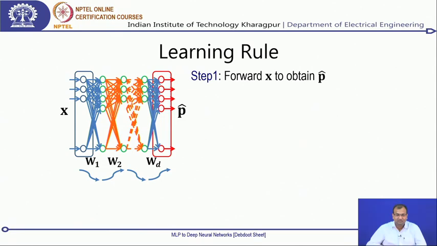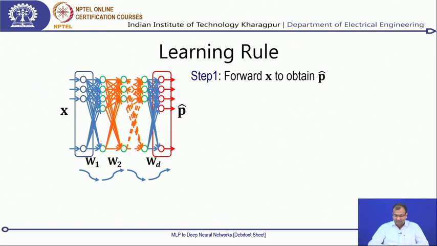And that brings us to the point of trying to visualize our learning rule itself. So say that I have a multilayer perceptron, and I have my inputs x's which connect through intermediate weights w1 up to wd, and go to my final output, which is p hat. The way we are doing this is something of this sort. The first step is called the forward pass of the network. This is similar to what you did in your laboratory classes last week, where you were learning how to build a perceptron model for classification purposes, and we used a similar concept there as well. So first there would be a forward pass of this x